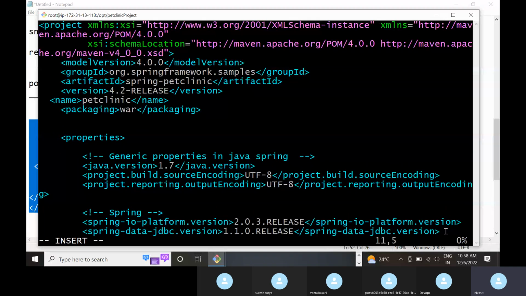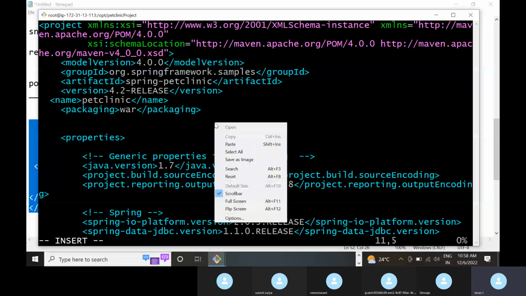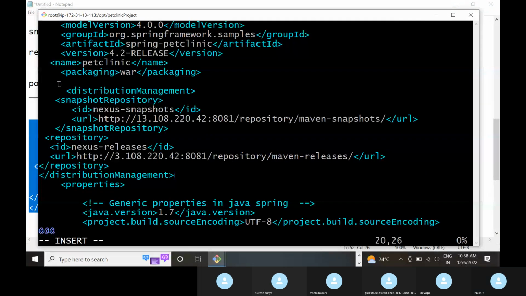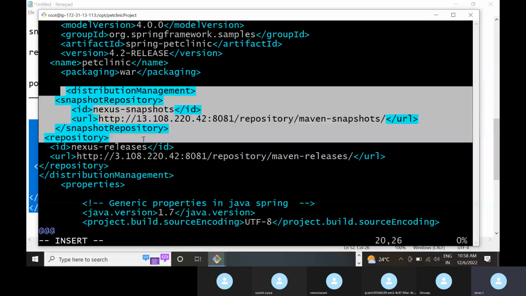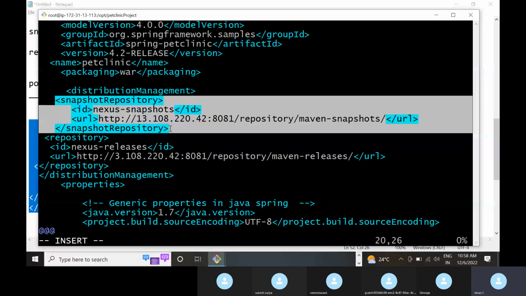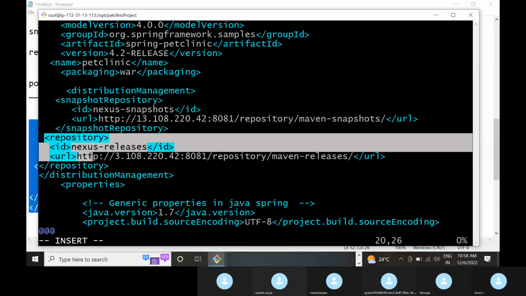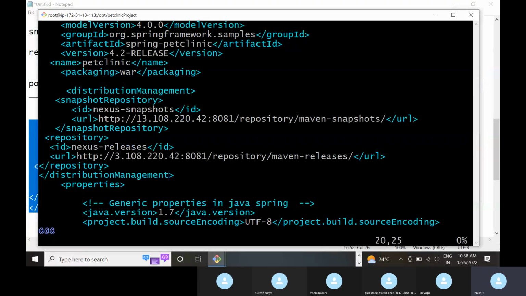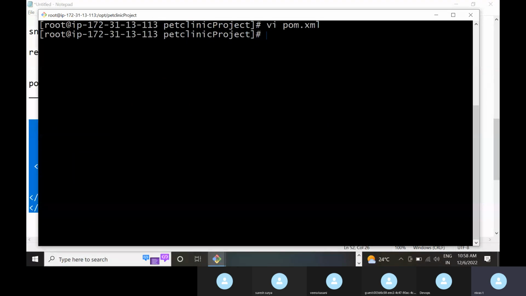Whatever the file I copied, see, distribution management. Under distribution management, I'm going to add the snapshot repository URL for the Nexus as well as the releases, right? Now, once you add this key element, then you have to update one more piece of information, the Nexus server details,